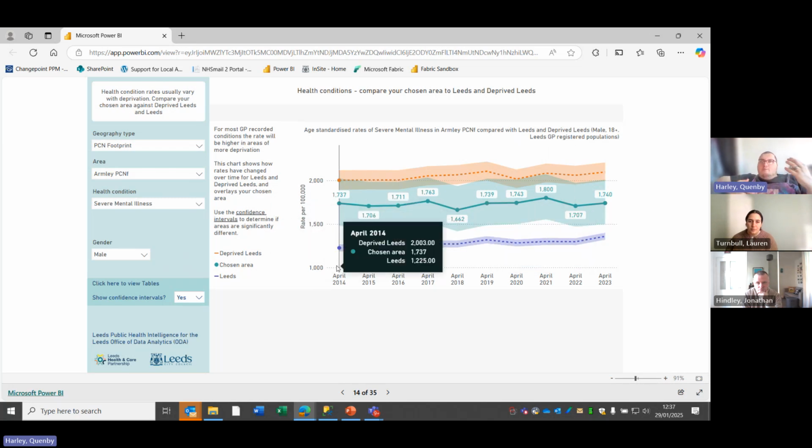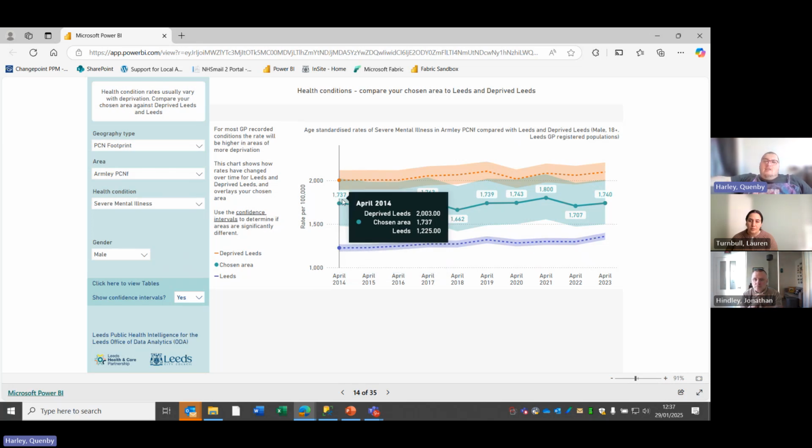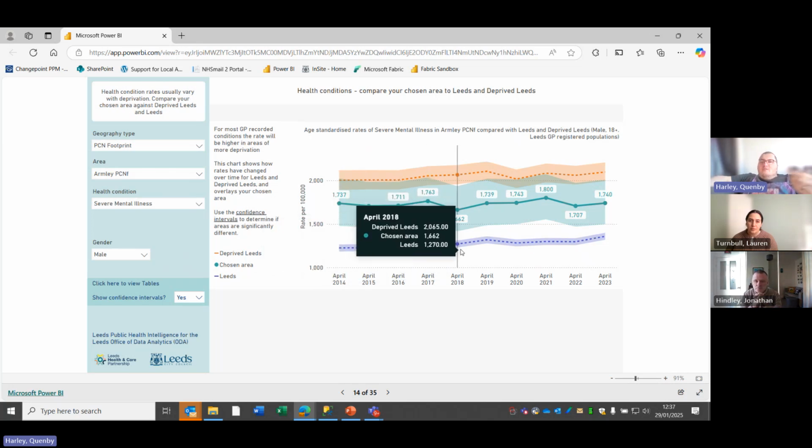So that gives me some more information: common mental health issues is tracking very closely the Leeds rate, but severe mental illness is showing a higher rate. So that's a little bit of a difference. And then I can go back and say,